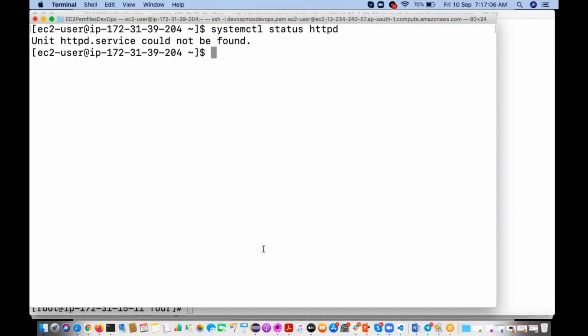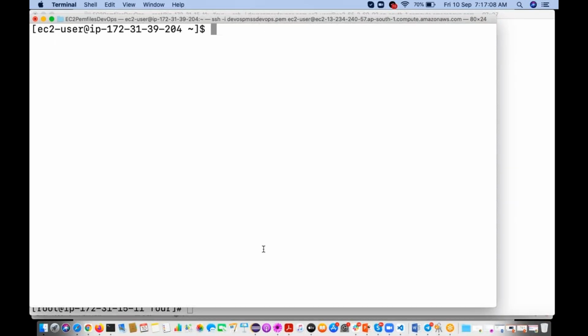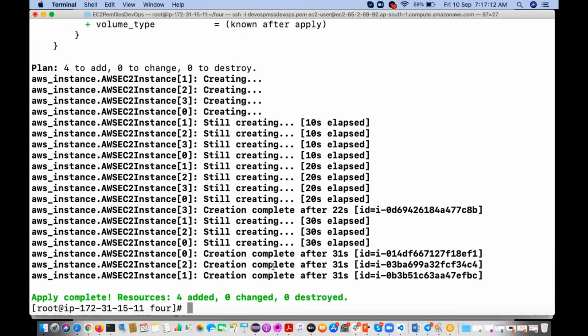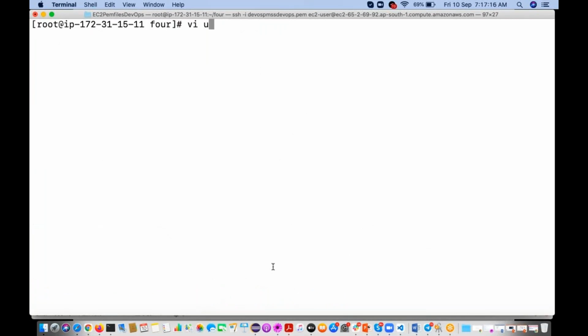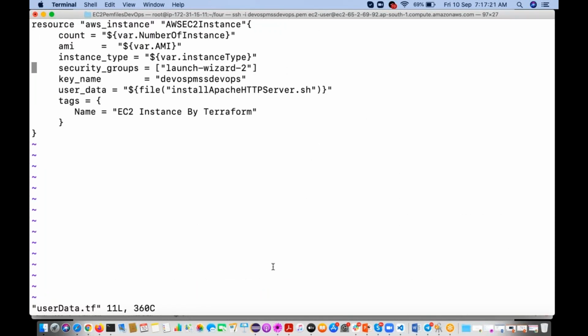So here, if you check, vi user_data.tf. See here, user data. So one file is there, right? So dollar symbol, if you want to get that file, file, and here we are using the file name. Okay, one second.